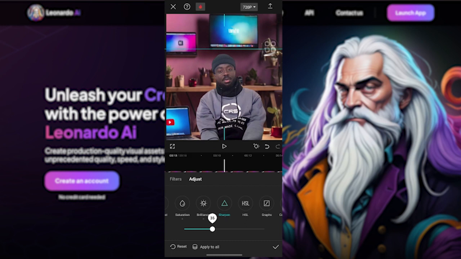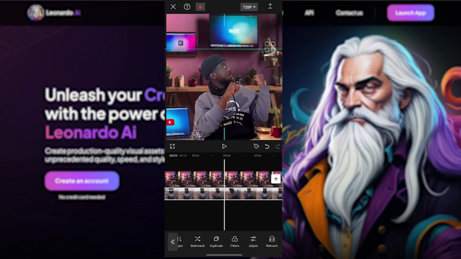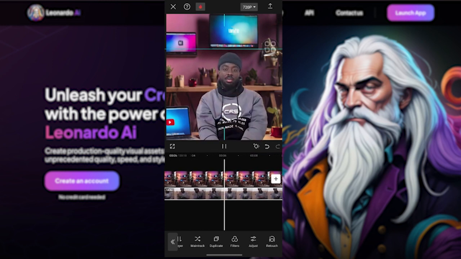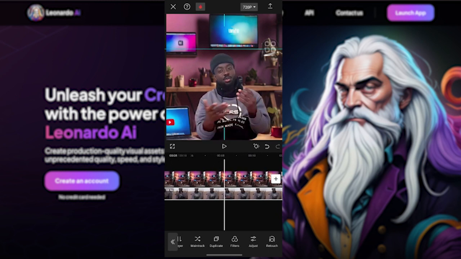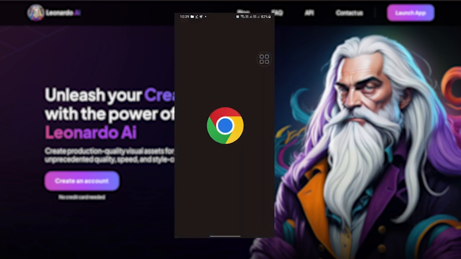For sharpness, you can increase the sharpness to have a very clear video. Once that is done, for me, I think this is enough. You go ahead and click on the correct icon. We are not done. You can see when we play the video, it looks somewhat realistic. Okay, this is very nice. We have to add some artifacts or gadgets to our studio to make it look a bit more like a proper YouTube studio. And what we do is we go onto our mobile phone and head over to this website,